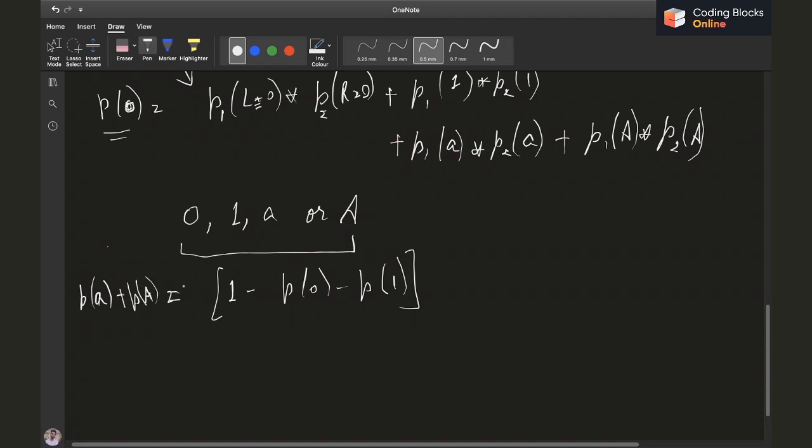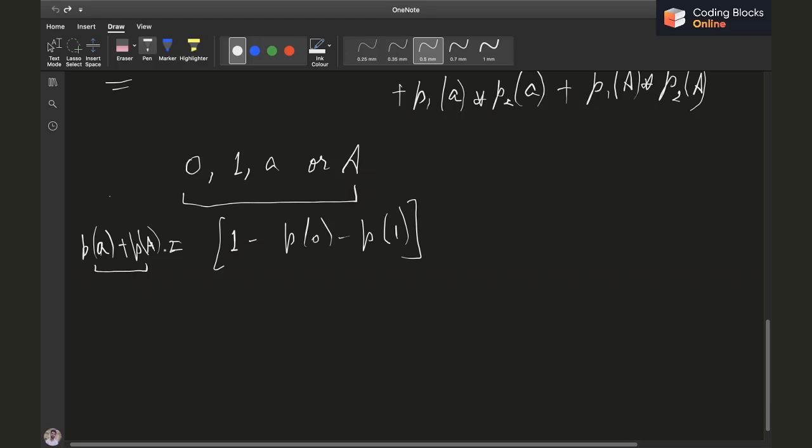And by symmetry, because small a and capital A are basically just names of two variables which happen to be negations of each other, we can assign all those hashes which we assigned small a to capital A, and capital A to small a, to change the value from small a to capital A, right?